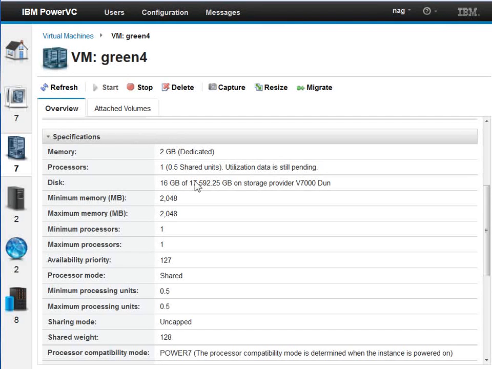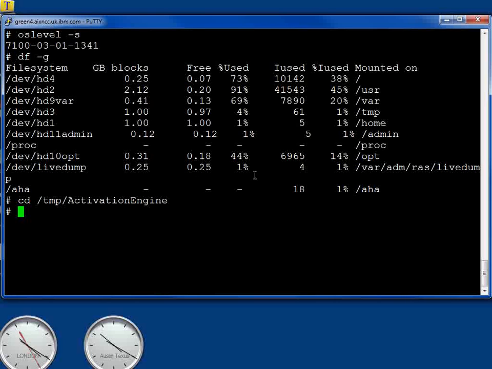Let's actually log on to the machine now. So in my case we have AIX. I'm just checking the level here. It's got the fixes that I want on here. The file systems look about the right sizes for me. I'm going to change to a directory here. I just call it Activation Engine. If we clear,